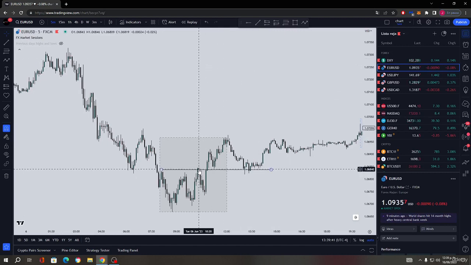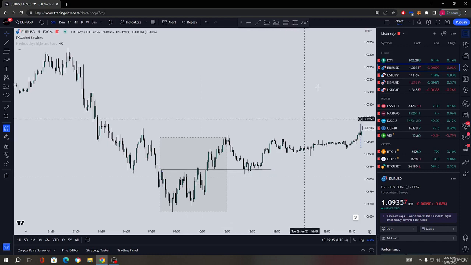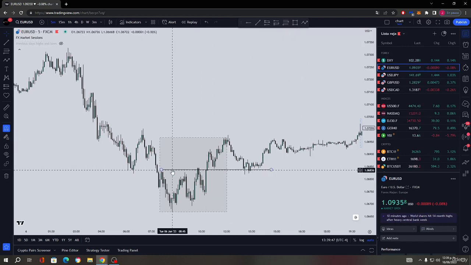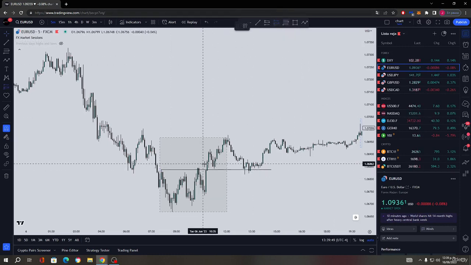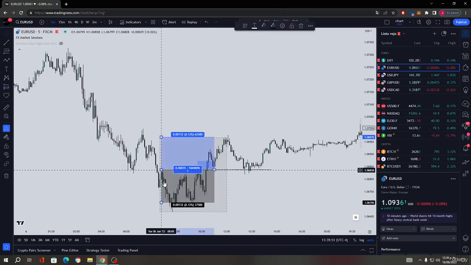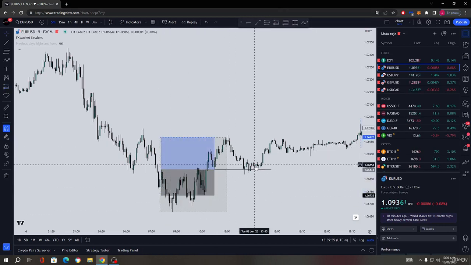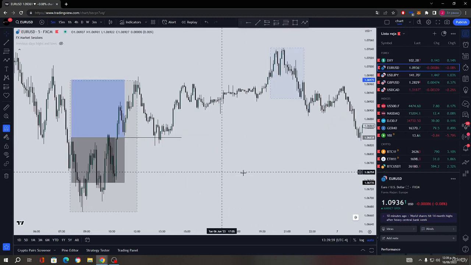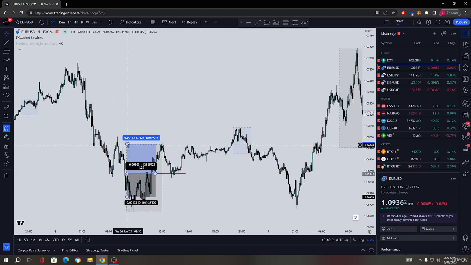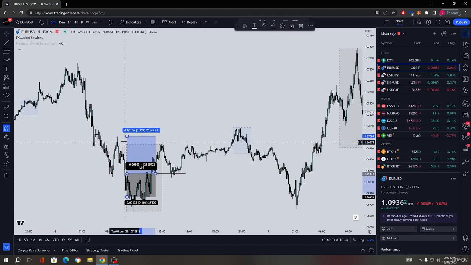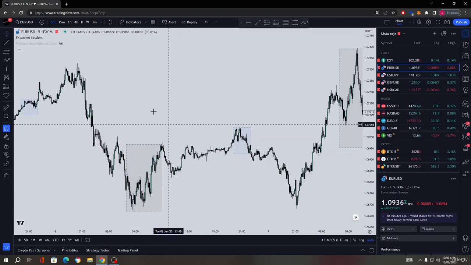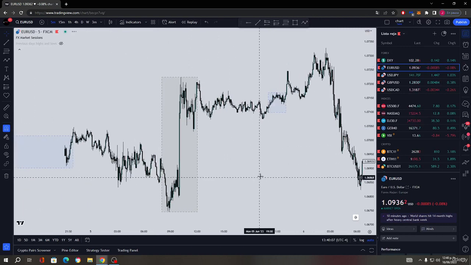I wouldn't take this as a break of structure. This doesn't look like a big displacement down. And as you can see, there was no real entry, even though if you waited for this big displacement leg and wanted to enter a bit here, it was the end of the session, which would have given you the entry, okay? And your target, which would have been these highs, would have been taken, but I don't take trades outside of my trading